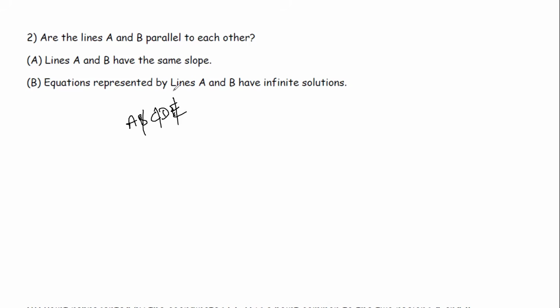Equations represented by lines A and B have infinite solutions. So when they have infinite solutions, they are identical equations. So you could say that they are parallel but coinciding. The lines are coinciding with each other, and therefore they are parallel. So examples of this would be, y is equal to 2x plus 4 and 2y is equal to 4x